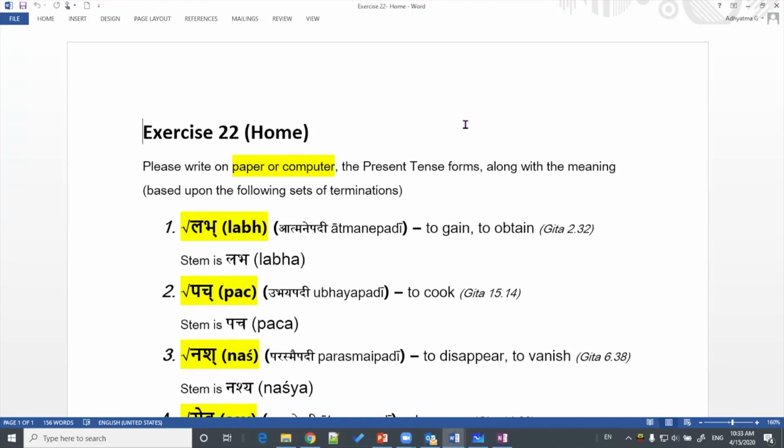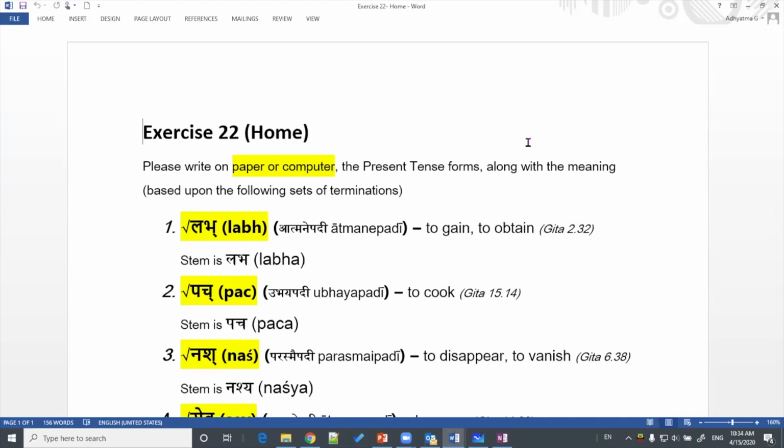There is a question, could you please give less homework? I would request you to do as much as you can, because many people find it very useful to do more homework. It helps them to clarify the concept. So today there is no chapter of Egenes' book for you to do, just these two exercises. So there should be less. This should be less anyway.